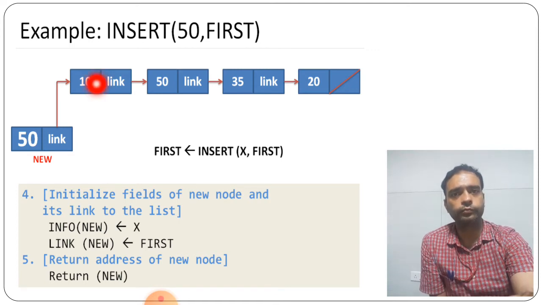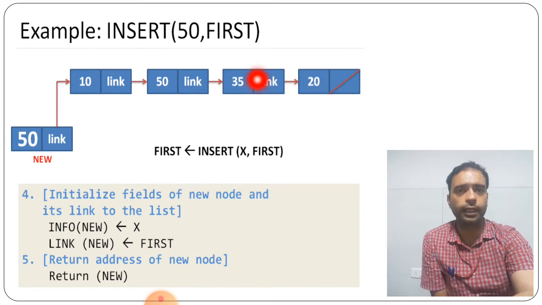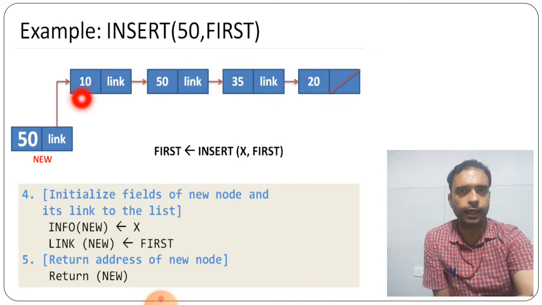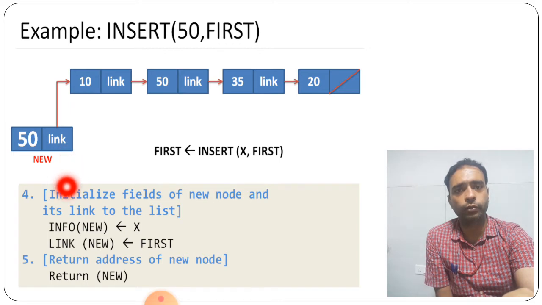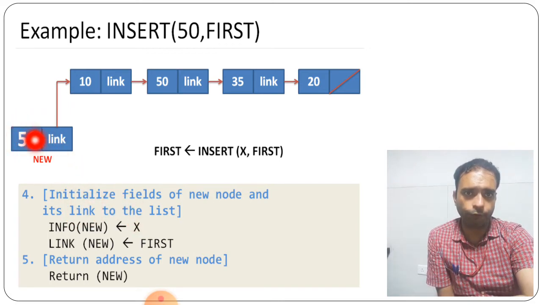So this is the new part that is to be inserted into this linked list. That first information is given as 10. Now what we'll do, now here the info part is given, the info part यहाँ पे 50 दिया हुआ है, और फर्स्ट वाला लिंक लिस्ट यहाँ पे फर्स्ट वाला इसको पॉइंट करेगा, ठीक है.